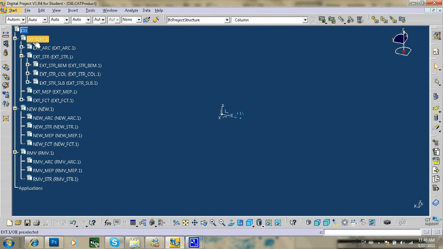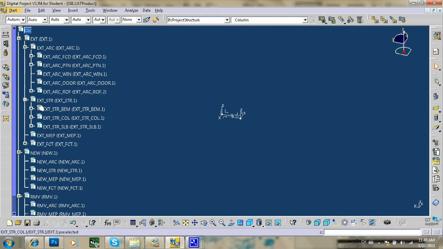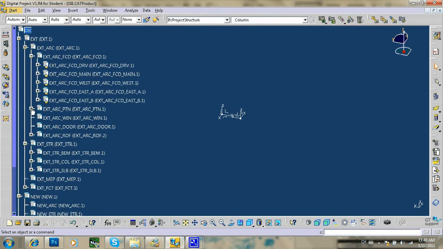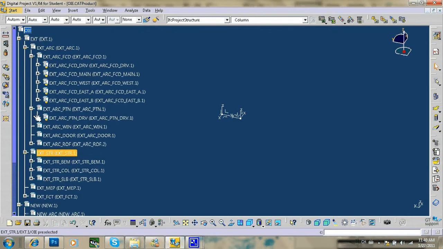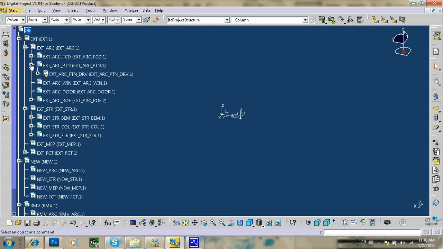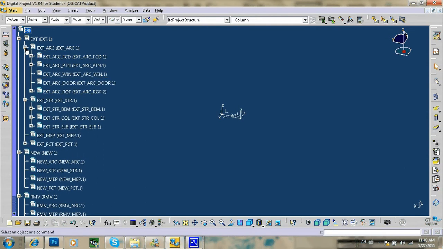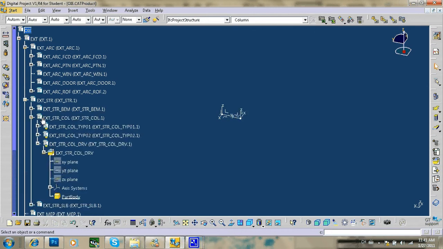Okay, this is a file when I open OIE, and here shows all the hierarchy of this product. I should have already explained in the earlier part of this class. Now I just want to demonstrate how to make a few parts and make a quick assembly for the existing structure. So we're going to start from column, and then beam and slab, and under each you got